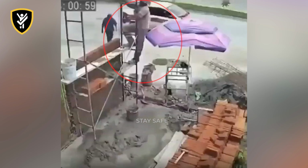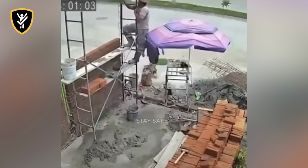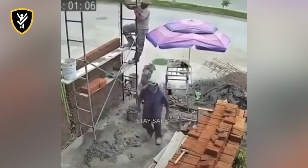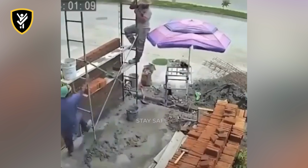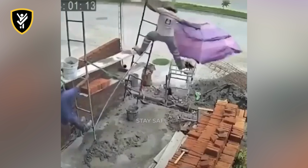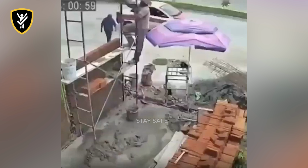At this masonry site, a worker stands on a makeshift scaffold while a coworker climbs onto the frame. The extra movement suddenly makes the whole structure unstable. Work only from properly built and anchored scaffolding, and keep temporary support frames clear of additional climbing while someone is already positioned above. Improvised platforms may seem functional for a moment, but they lack the stability needed to safely support